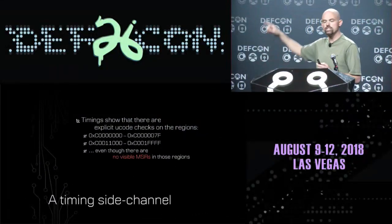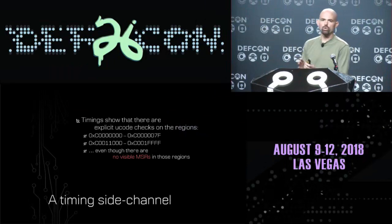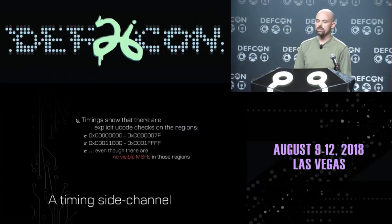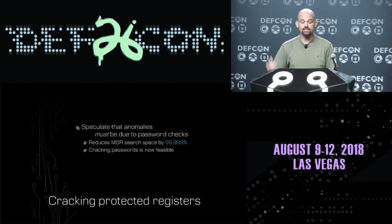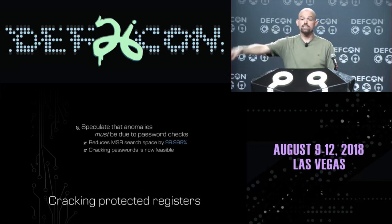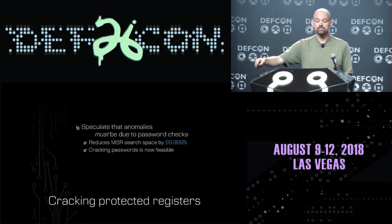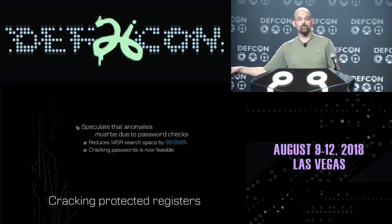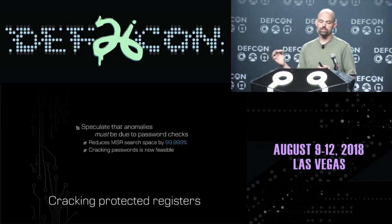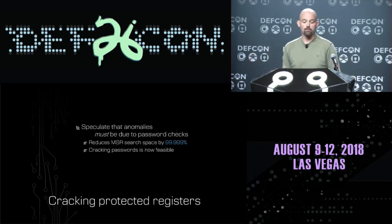Why on earth would microcode be checking for these regions if there weren't any visible or accessible MSRs within those regions? Well, the only explanation is that there really are MSRs inside of those mysterious regions. They're just not giving us access to them. In other words, those are probably the password-protected regions on this processor. So if we make that assumption, then we're able to reduce our MSR search space by